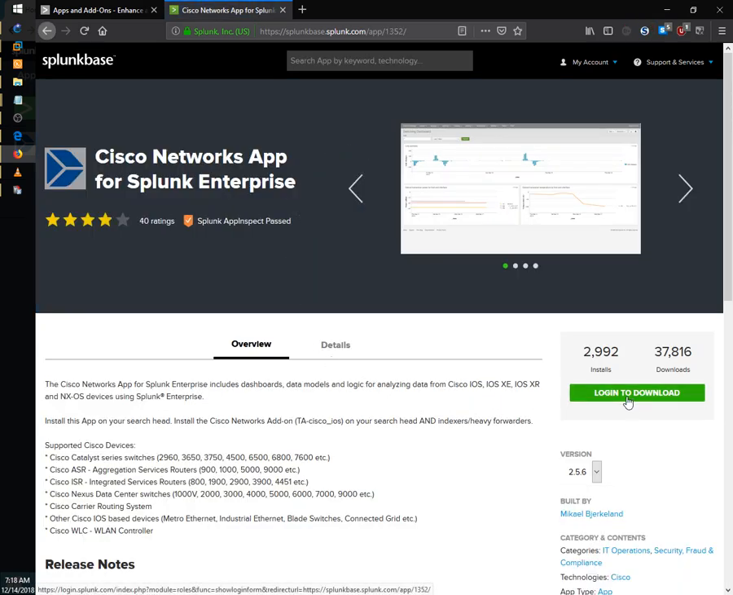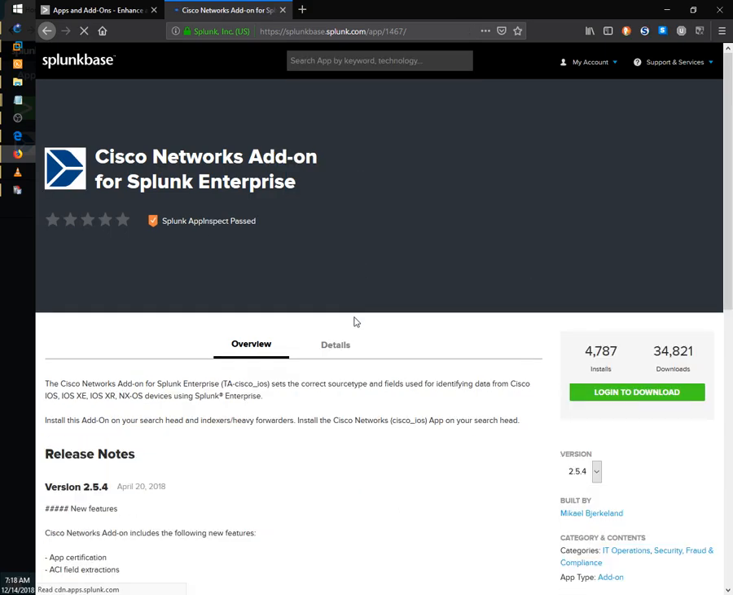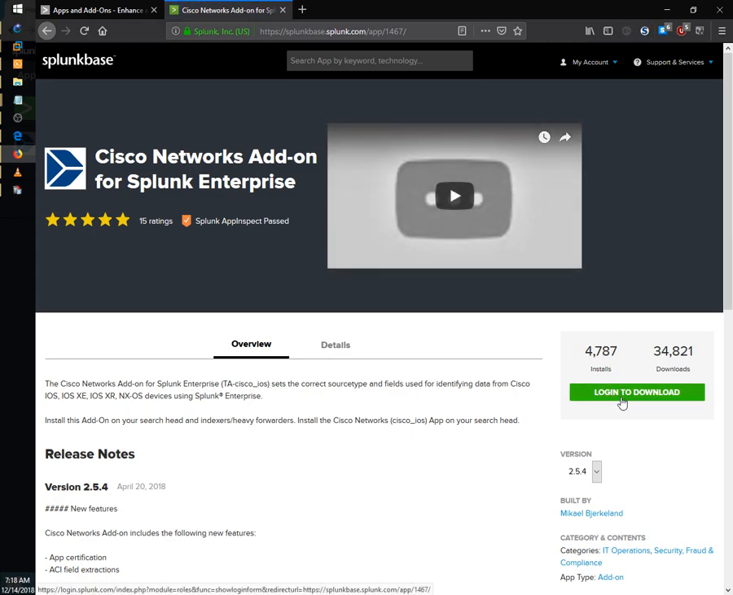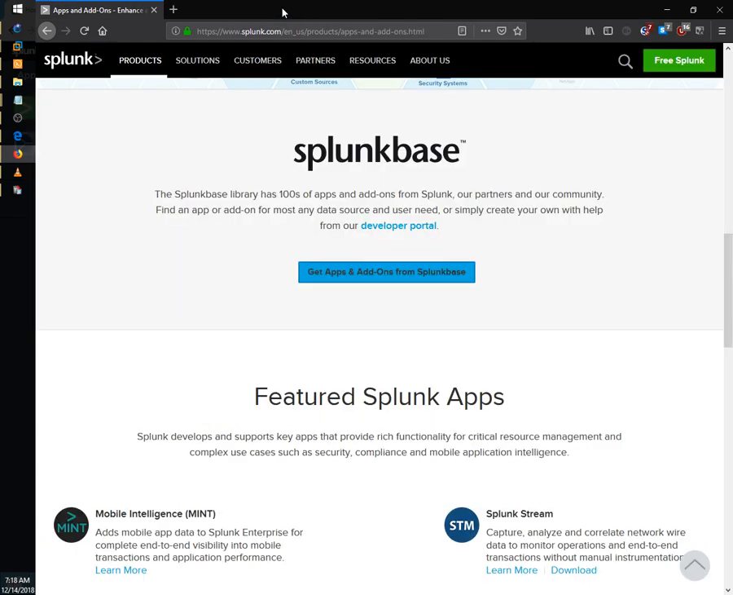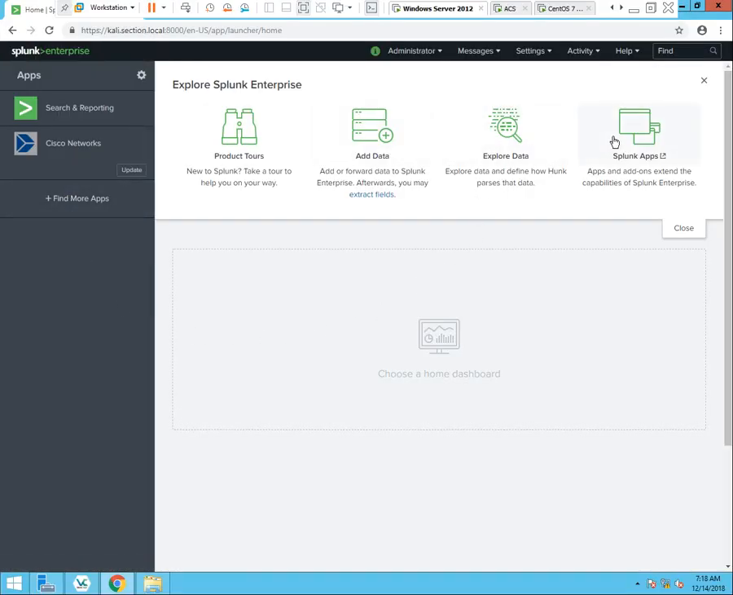And you'll need to log in to download this. You'll also want the Cisco Networking add-on. And you'll need to log in to download this as well. So the app and the add-on. Once you have those two files downloaded, you can head back over to wherever it is that you have Splunk